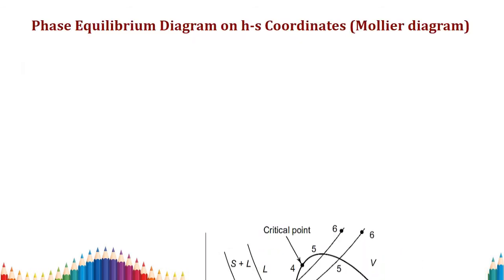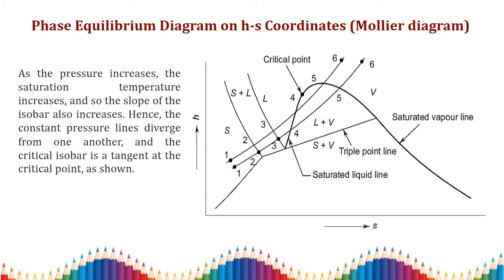Then we merge these into the HS plot, and we have to draw the HS diagram. In this HS diagram we have the isobars. We place the isobars here, along with the same diagram we have drawn. This is your saturated liquid line, this is your critical point, and this is your saturated vapor line. In this unit we are only concentrating on the liquid to vapor mixture, so don't worry about solid to liquid. But in this way the solid will be converted into vapor. We need to understand this, but we will concentrate more on liquid to vapor, because steam is the substance we will use further in applications.